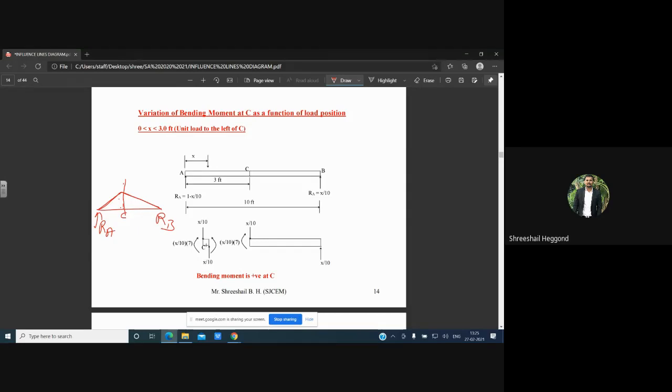The bending moment can be calculated as the summation of the areas. The summation of areas gives the bending moment involved at a particular section. That can be drawn as here, if you see our previous simply supported beam, which has a total of 10 meter span and a section at 3 meter.